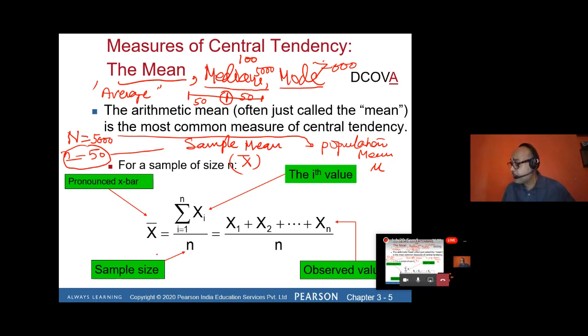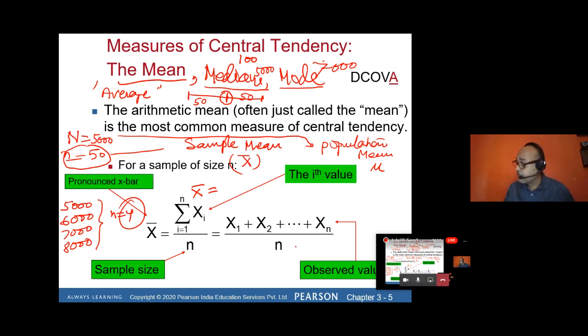Here in this formula, suppose you have salary data of 4 employees: 5,000, 6,000, 7,000, 8,000, and I tell you this is a sample. How many are in the sample? 1, 2, 3, 4. So small n is 4. So what is the x bar? As per this formula, x1 plus x2 plus and so on, summation xi, i equals 1 to n, divided by small n. So the sample mean is: add all 5,000, 6,000, 7,000, 8,000 and divide it by 4. You will get the sample mean.